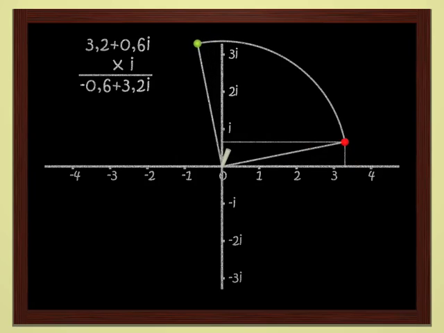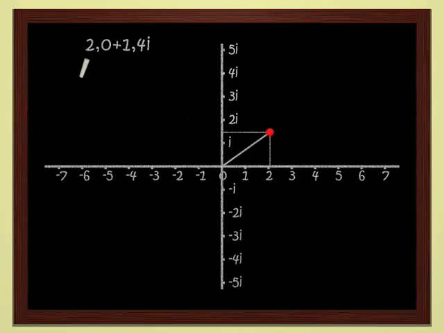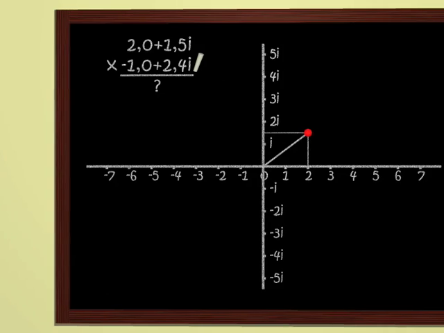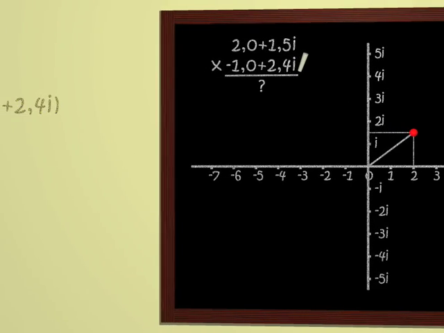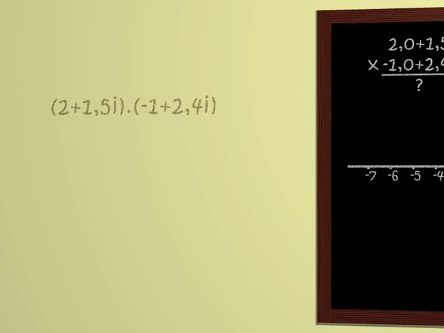And finally, we can multiply any two complex numbers with no problem whatsoever. For instance, let's try to multiply 2 plus 1.5i and 1 plus 2.4i. We proceed as usual. We first multiply by 2 and then by 1.5i, and we add the results. Therefore, we get